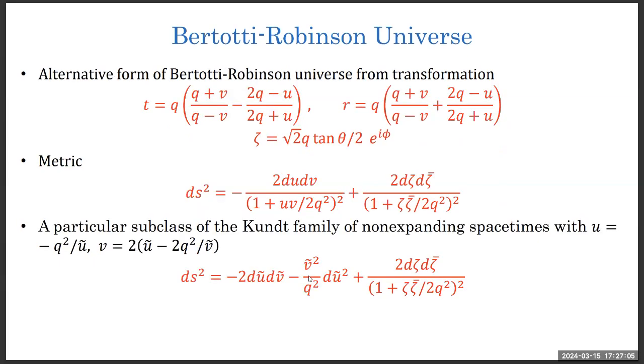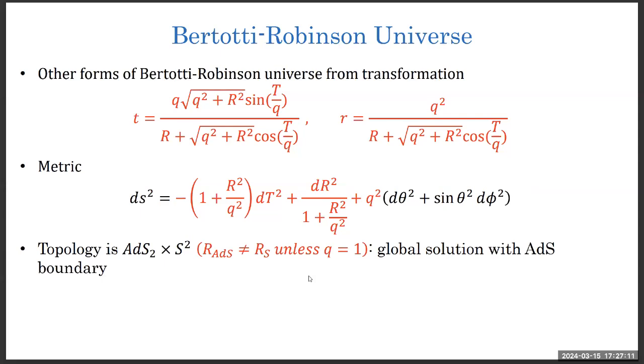Yeah. Simple question on the previous page. Q squared is in front of the angle. Yes. It's not different from the R and it's related. So this is a parameter in the coordinate transformation. If Q is not equal to 1, now you have two length scales. One is the AdS radius, the other is the black hole size. So they are not equal. This you have seen from the RN black hole in AdS space or dS space.